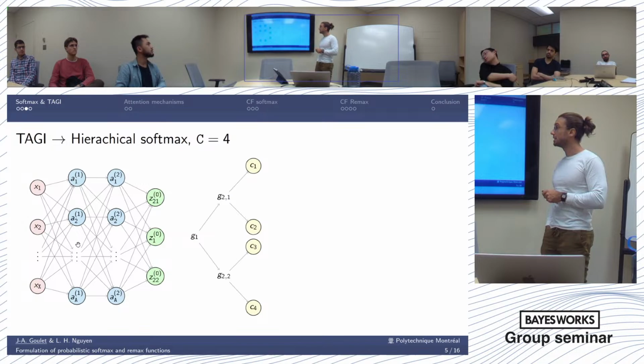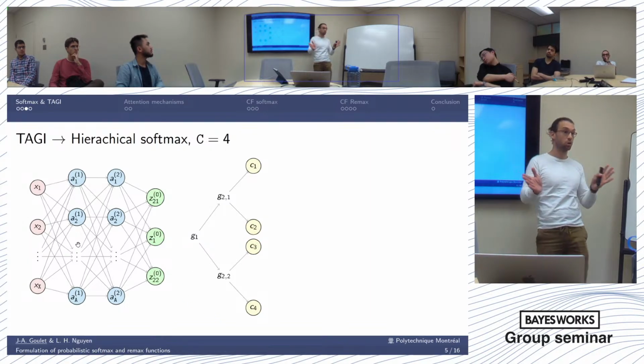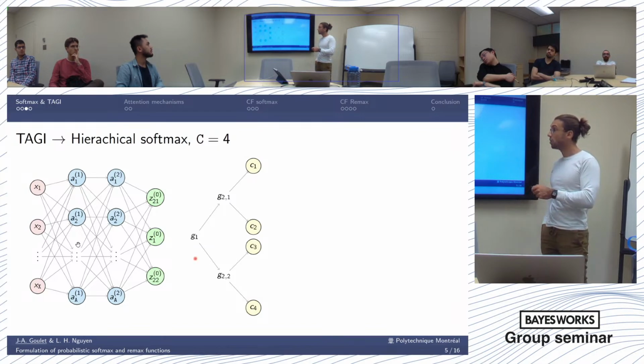And these gates decide, for instance, the first gate: am I going to go for class 1 or 2, or am I going to go for class 3 or 4? Then gate 2-1 decides between class 1 and class 2, and gate 2-2 between class 3 and class 4. Depending on what side of the gate we choose depends on the value on the output layer